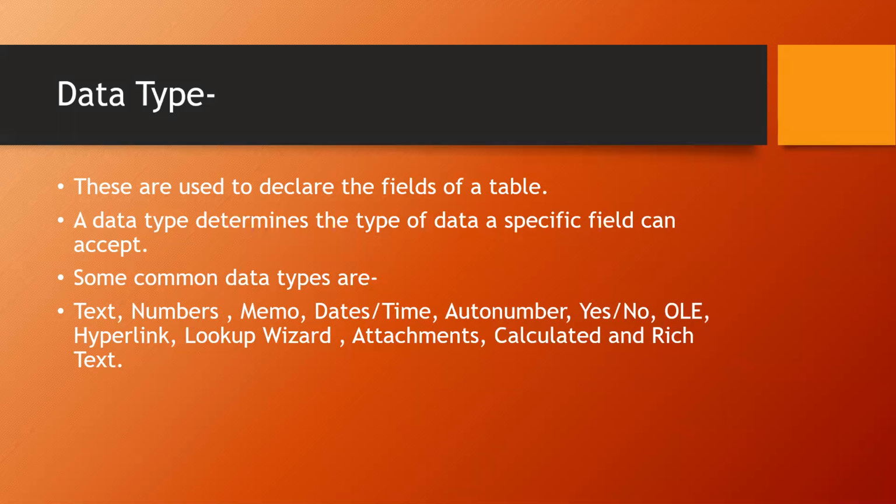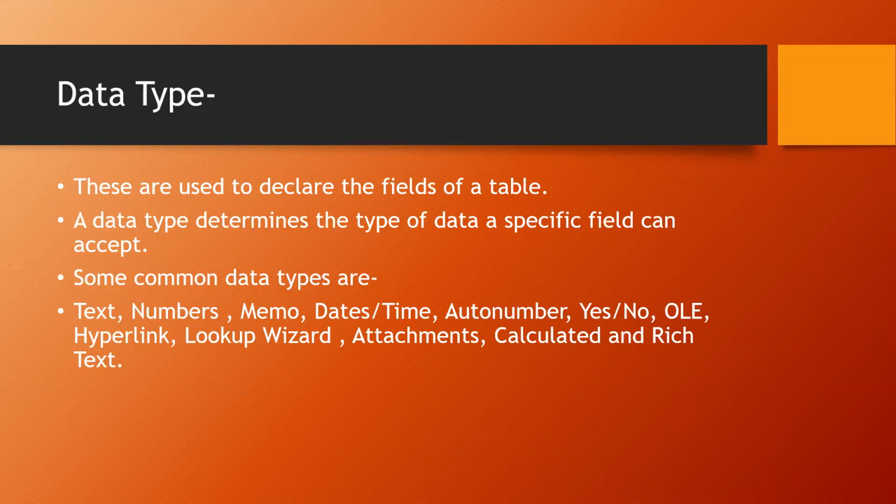For example, if in your tables you have to look up a person's father's mobile number, then you can use this kind of data type. This will help you in looking up this particular field from the other table. So the basic advantage is that you don't have to copy paste the numbers here; it will by default take from the other table because everything is related. Next is attachment. Attachment: every time we have attachments like images, spreadsheet files, documents, charts, anything can be attached.